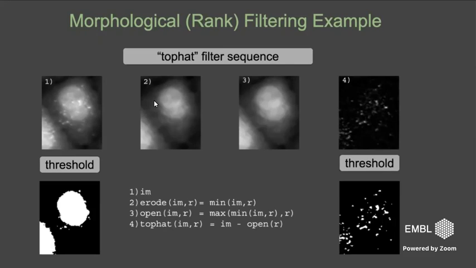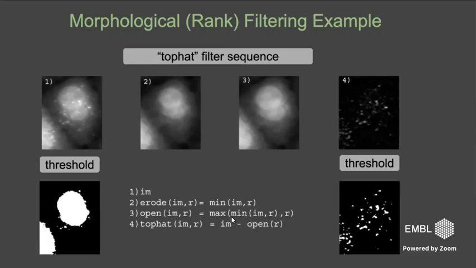Because you always can find something dimmer in the neighborhood. But what also happened now is the nucleus was shrinking. At the edge of the nucleus, you replace all the pixels by the cytoplasm, and that's actually something we don't want. So to restore that, we, in fact, dilate again the eroded image by the same radius,